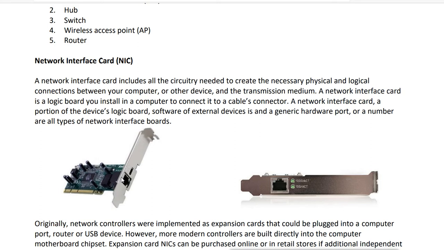Nowadays network is very important, so in every device, every computer, every machine, we have inbuilt NICs. It is not connected as a PCI slot, it is inbuilt into the motherboard. So nowadays it is actually called network adapters, or we can say also network ports.